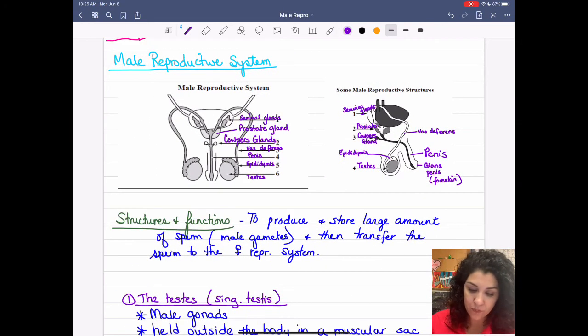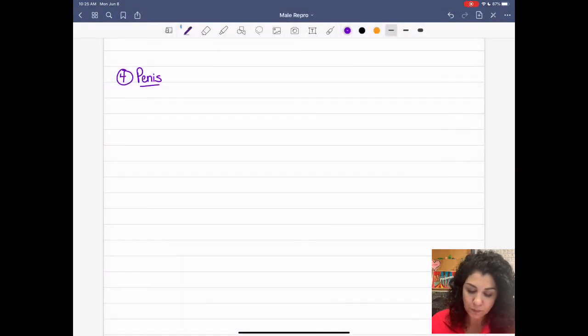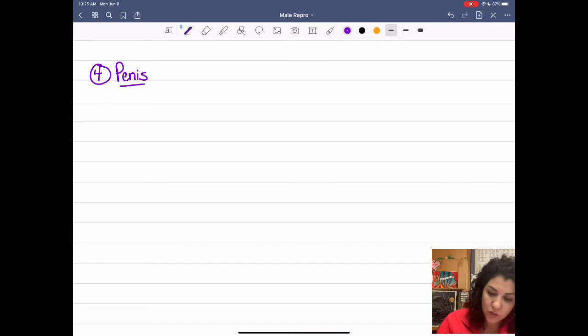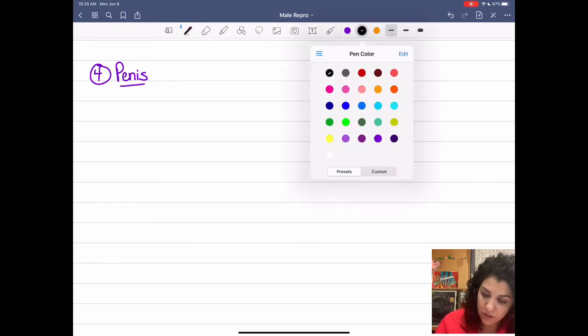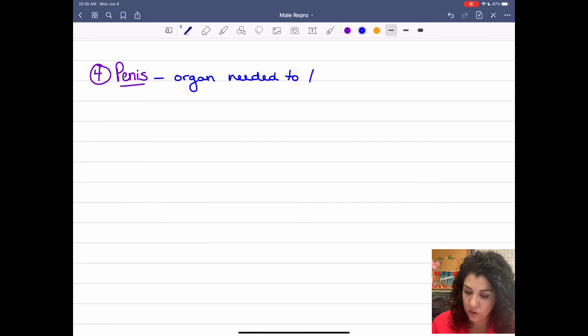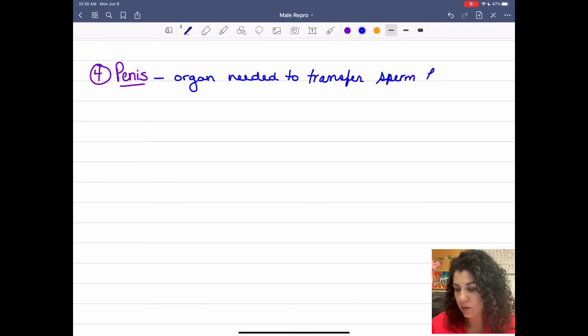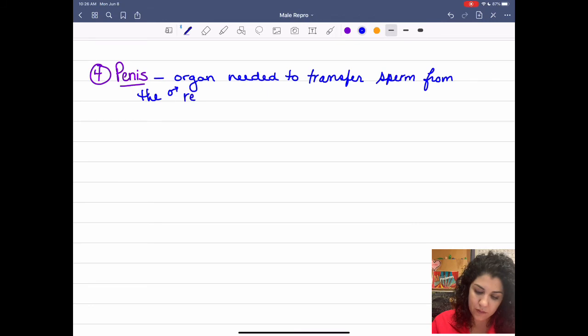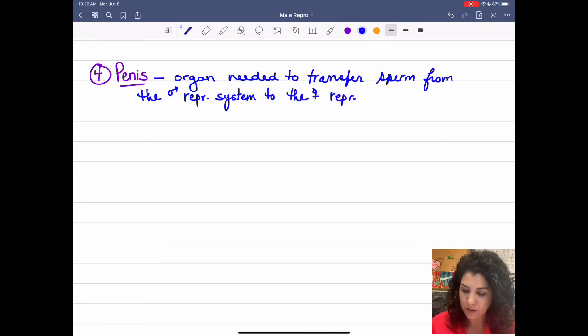We're going to go back to down here. So the penis, this is the organ that is required to transfer the sperm or semen from the male reproductive system to the female reproductive system. Okay, so